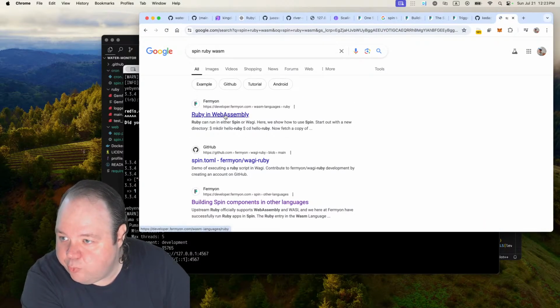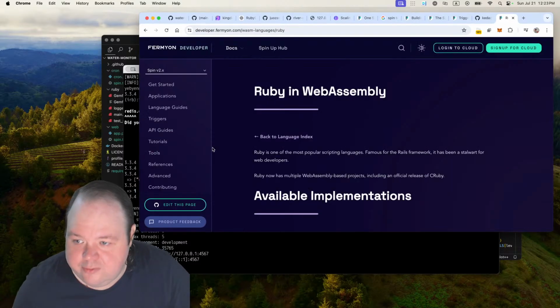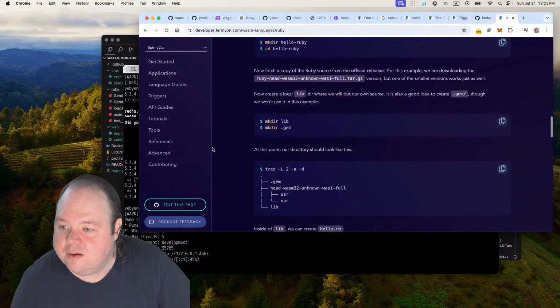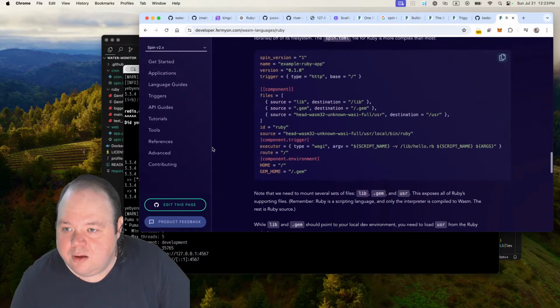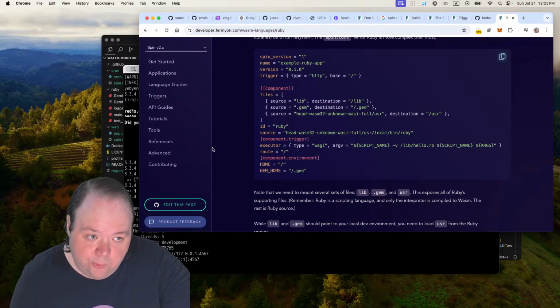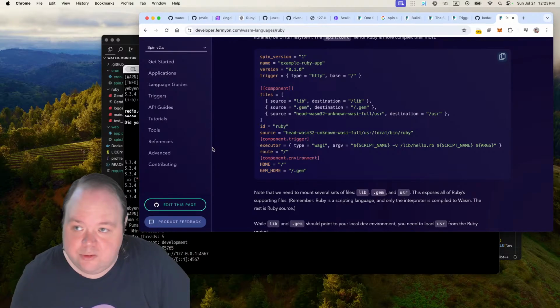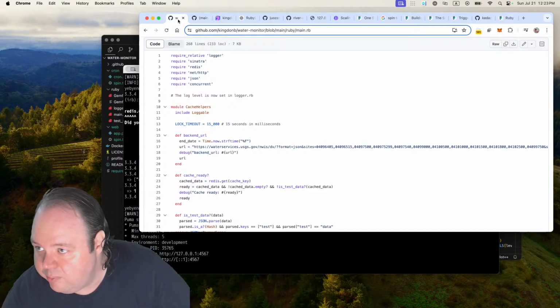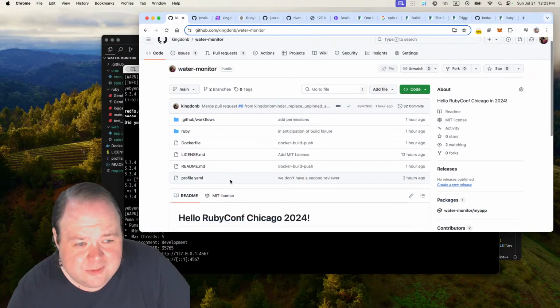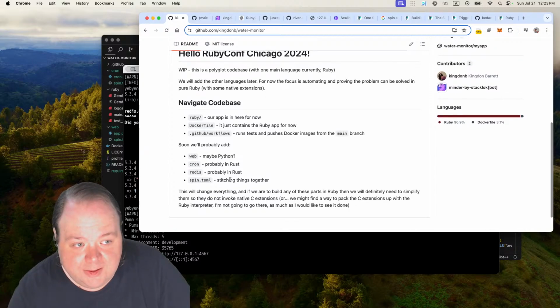If you just look up Ruby and WebAssembly, you're going to learn so much. I really hope you read this doc. I sure did. I enjoyed it a lot. And I've talked about a pure Ruby solution in some of the docs here, if you saw the README. I'm saying pure Ruby, but I don't really mean it. I just mean that it's not a mix of languages